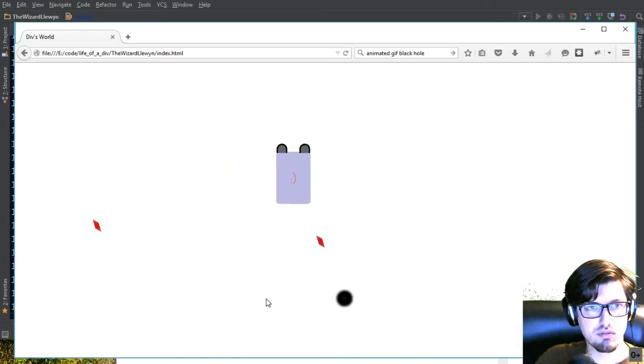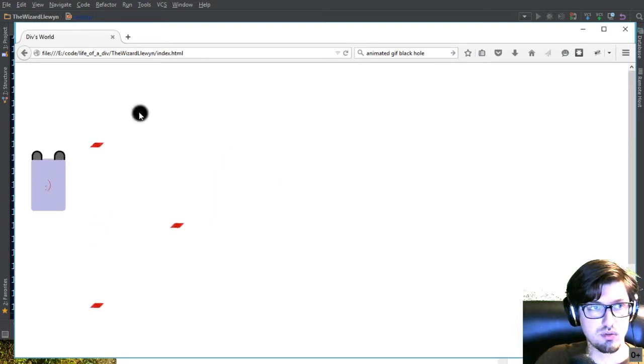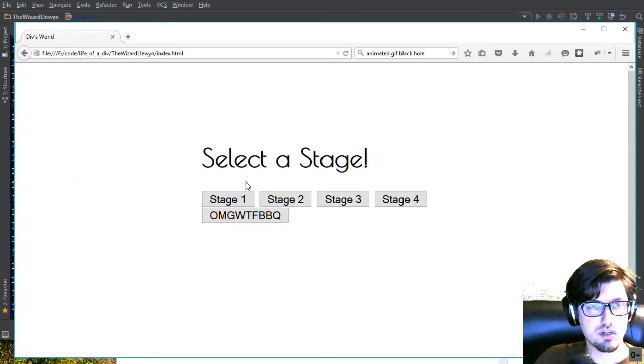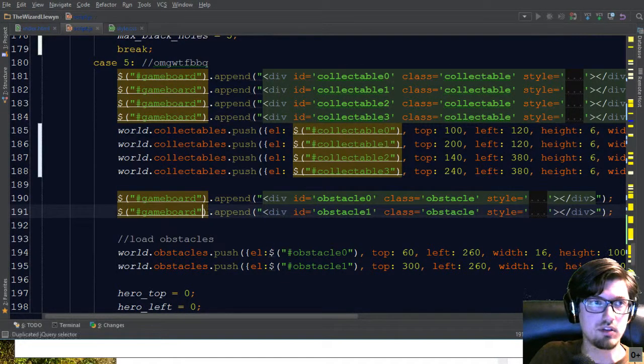Stage 3 works. So stage 4 is the only one that doesn't work. Stage 4 does not work. Okay, so let's figure out what is unique about stage 4.